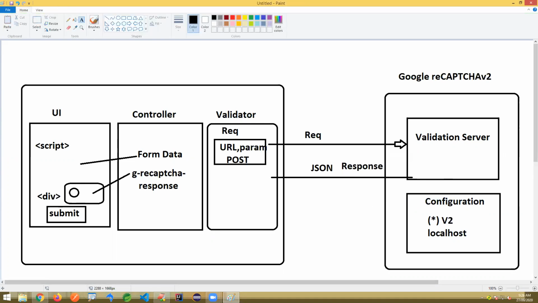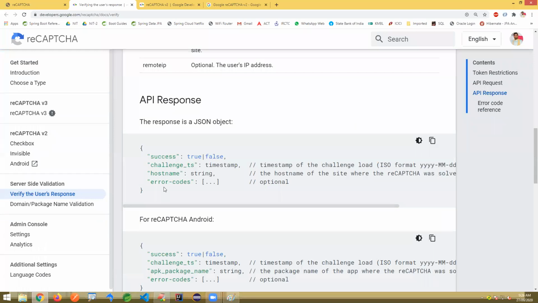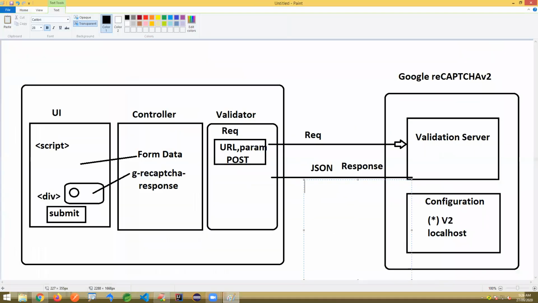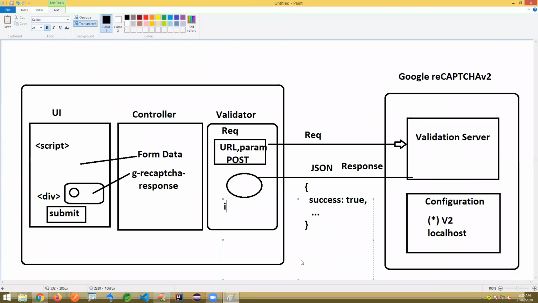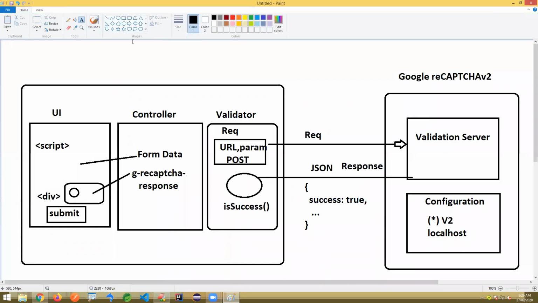If you look at that response here, how it looks in this format, we have so many properties here. I'm just taking success. It can be a true value or a false value. Any one will come at a time here, and some other details are also there. This data we just converted into an object. RestTemplate supports converting that into an object. There I'm just checking whether it is success or not with this object here, whether it's true or false, and we are sending it back to the controller.